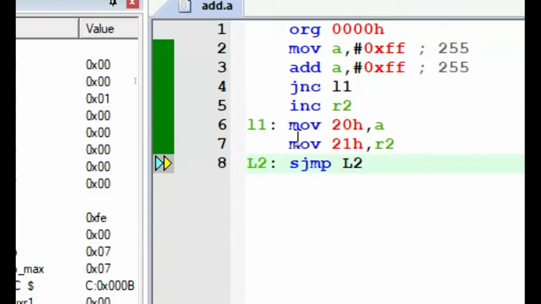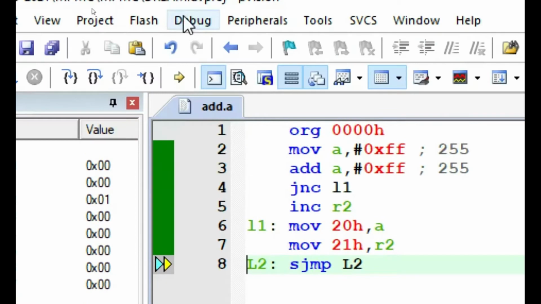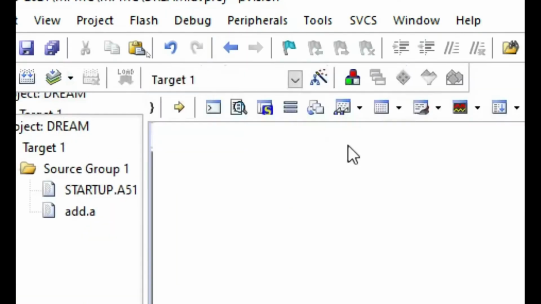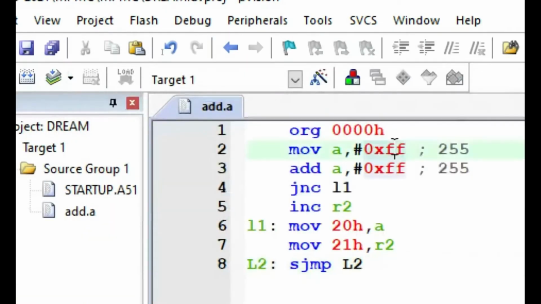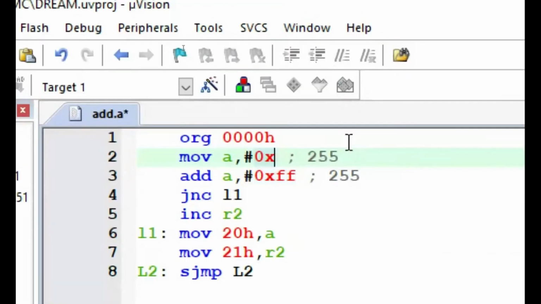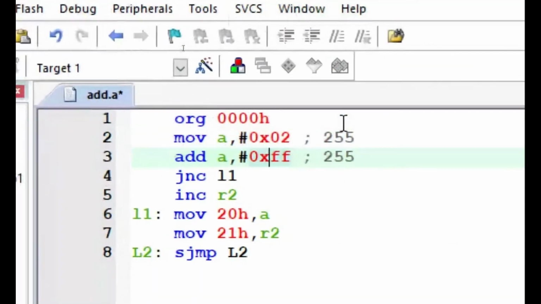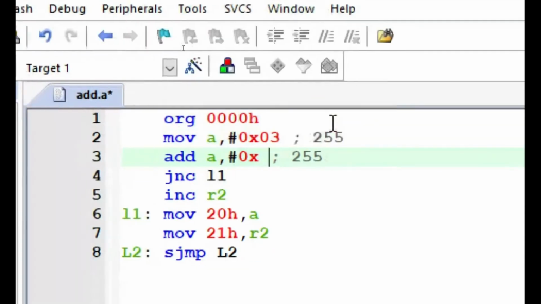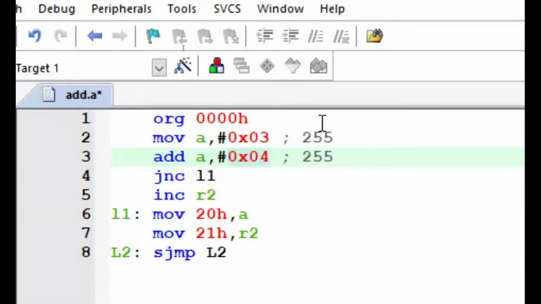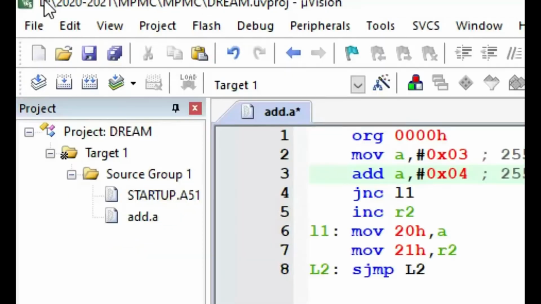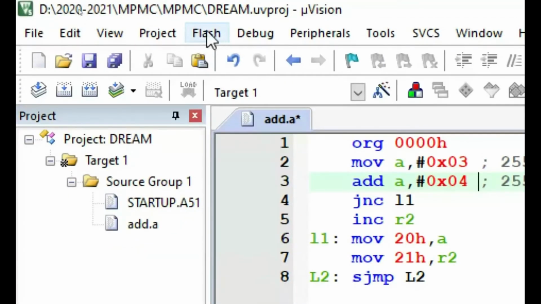Now we want to check the conditional statement whether it is jumping. So we are going to give the data in such a way that the carry will not occur. That will help us to understand much better. So let us say it's a very easy thing. 2 plus 2 equal to 4. Definitely carry will not happen. So 3 plus 4 equal to 7. Something like this. As usual, now we have edited the code.